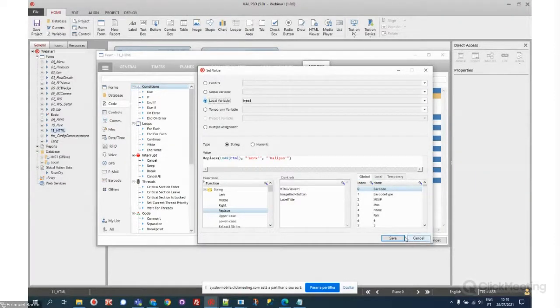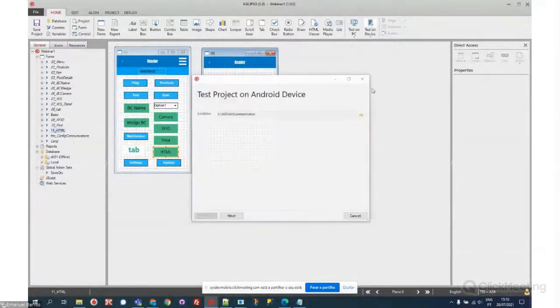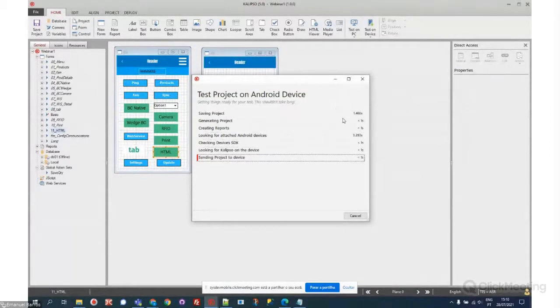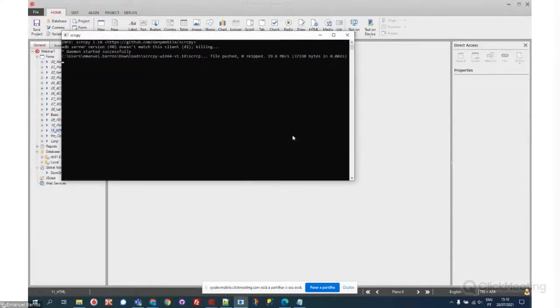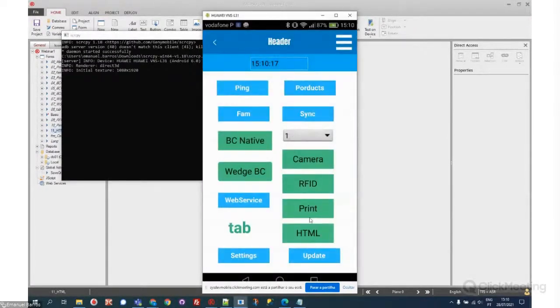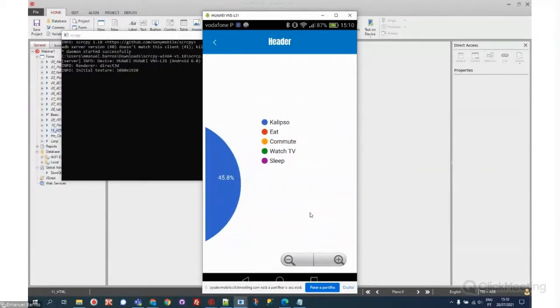Save that again to the HTML. Now it's Kalipso. So you can change the HTML, so you can change the values,